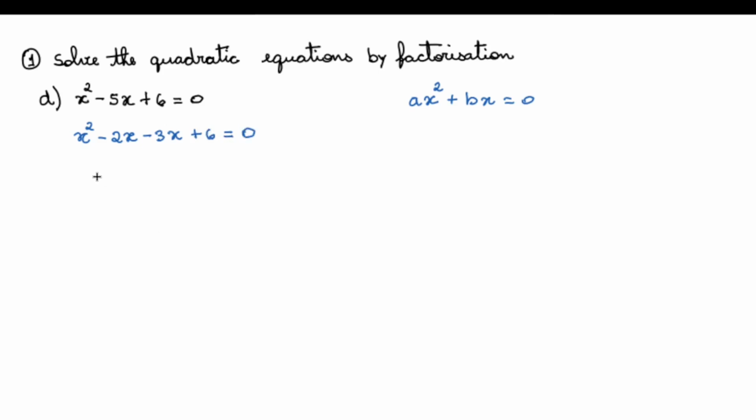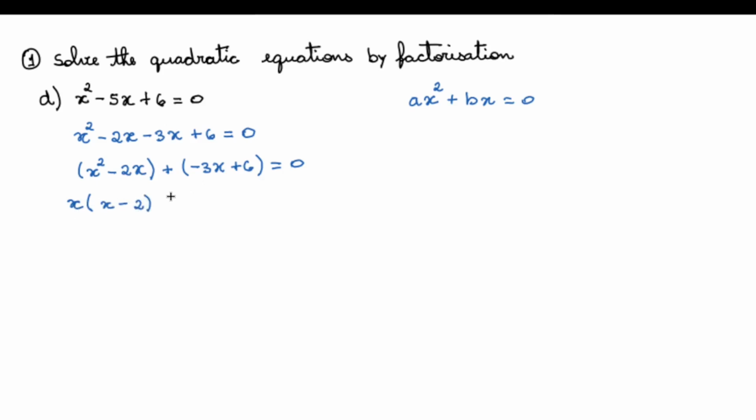Next, we group the terms in pairs: x² minus 2x plus minus 3x plus 6 equals 0. Then we factor out the greatest common factor in each pair. In the first one, the greatest common factor is x, and then we divide each term in this pair by x. x² divided by x equals x, minus 2x divided by x equals minus 2,